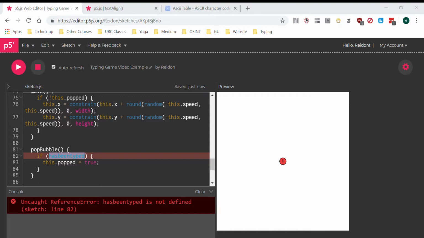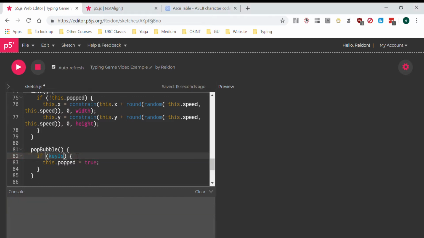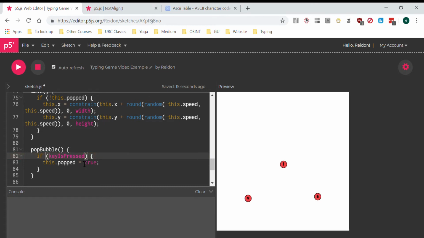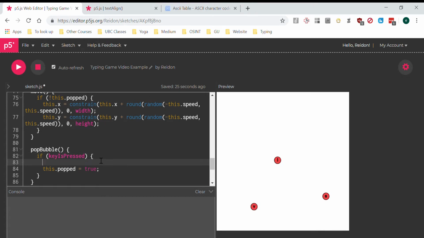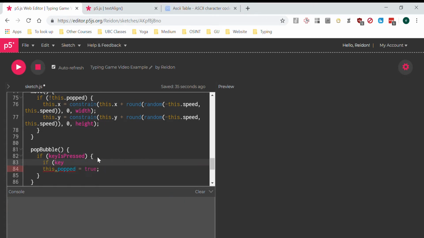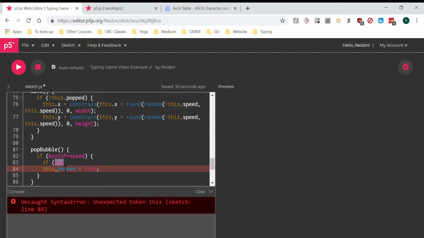So instead, I'm going to say, okay, if key is pressed. This is actually a built-in Boolean. So this is the program: whenever a key on your keyboard is pressed, then this will run. And then I'm going to say, if key, and the key here, once again, you can see it's highlighted in pink, that's the variable that stores the key that has most recently been pressed. So I'm going to say if key equals this dot letter,